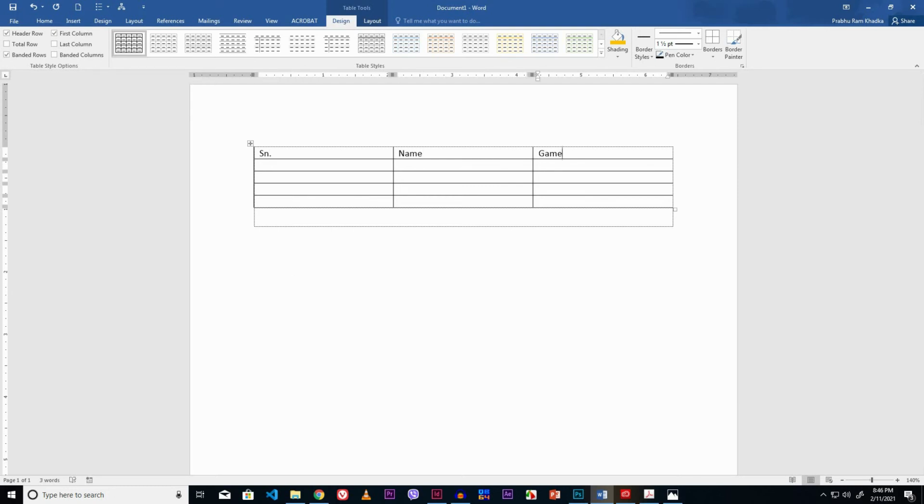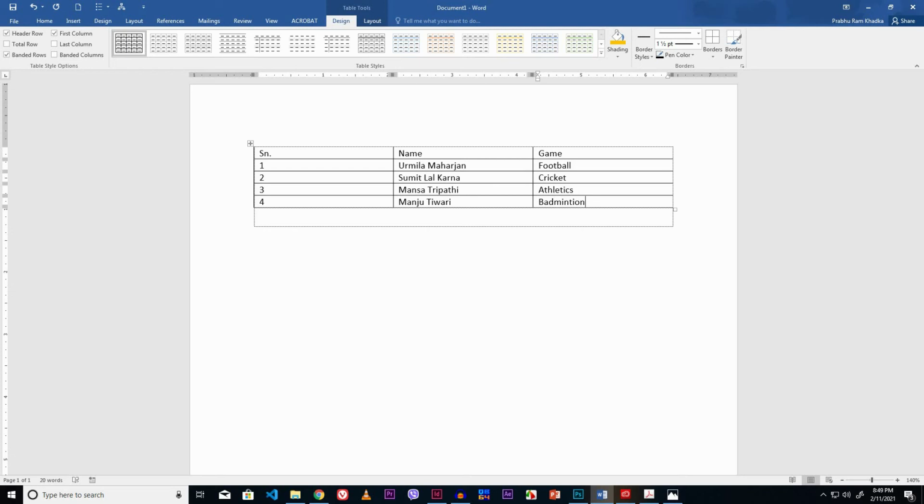Now type the data. Now our data typing task is completed.